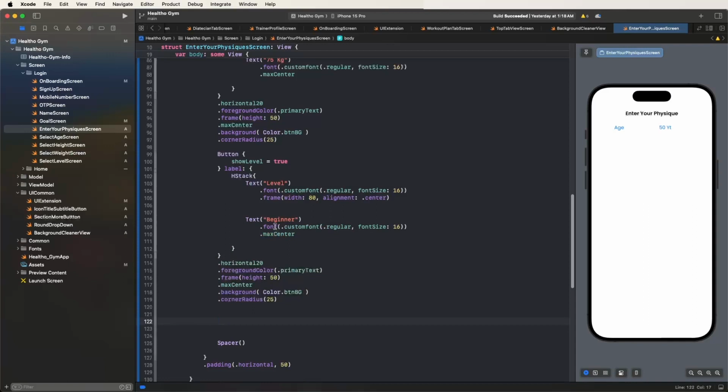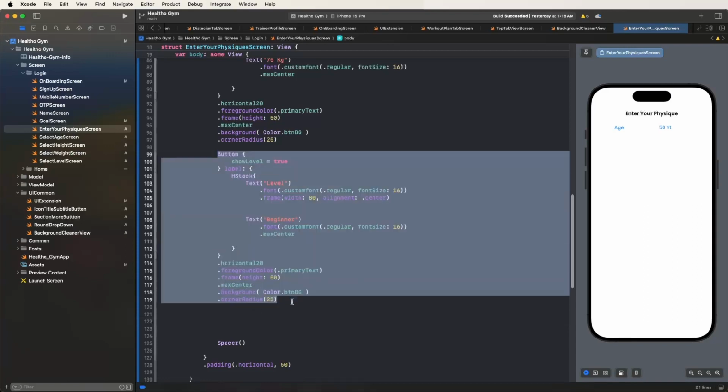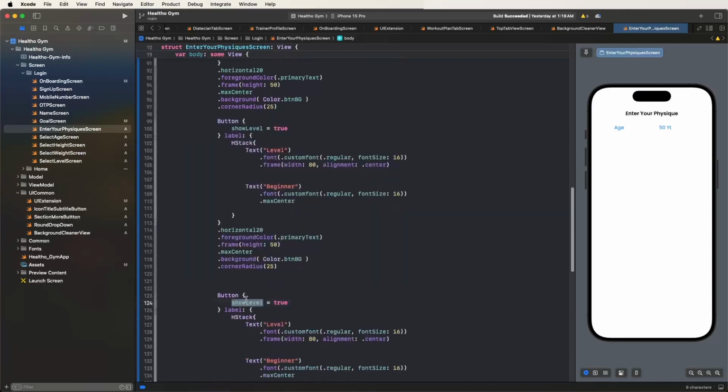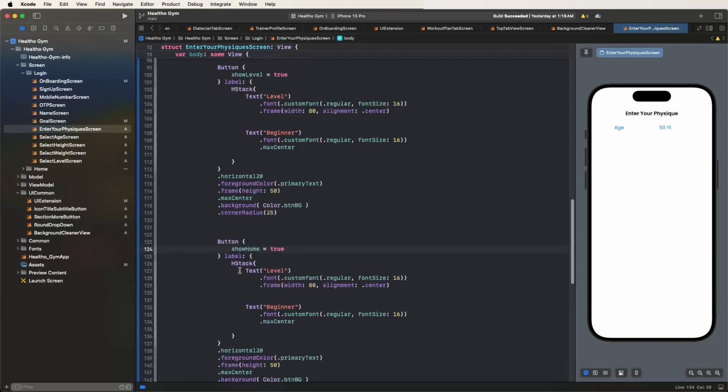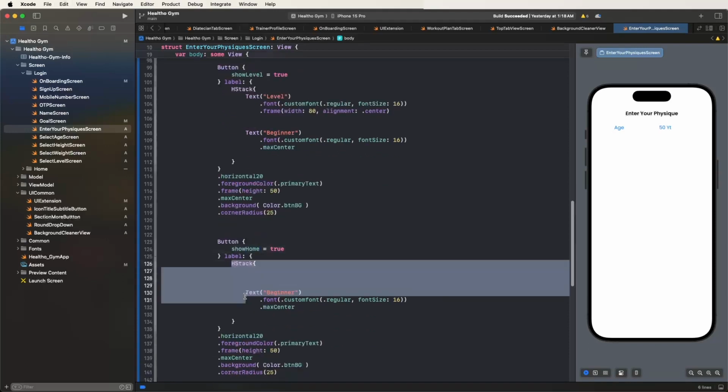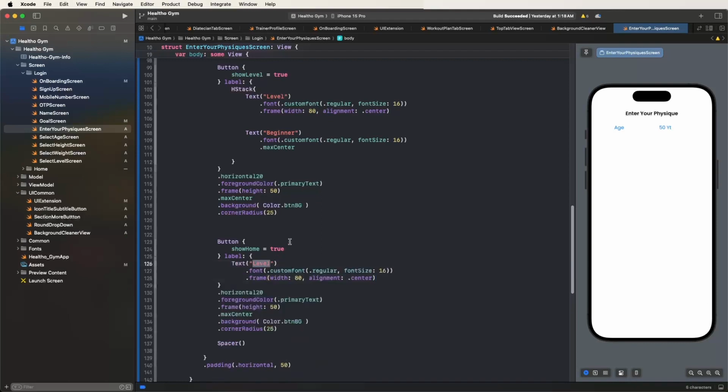I need to copy this data here. It's good. Paste this here. Now write down here the show home, set it as true, and copy this text here. Paste this here, replace it with this data, and set this here the confirm